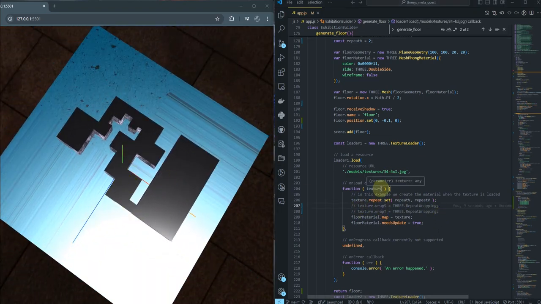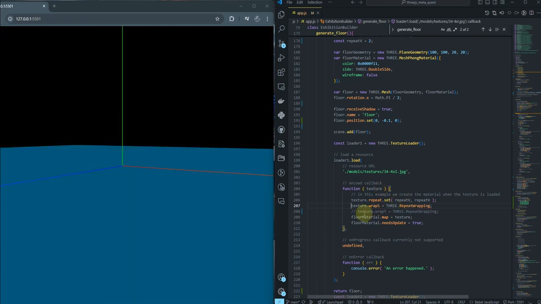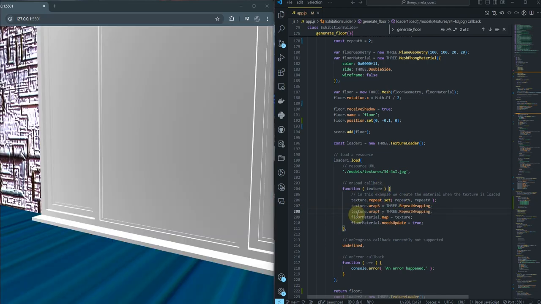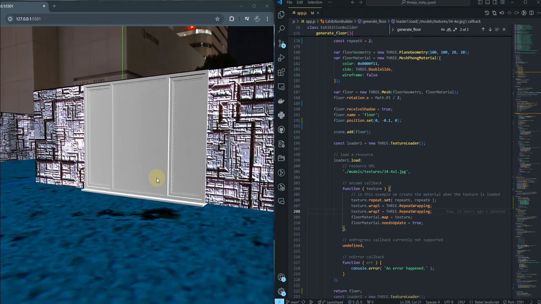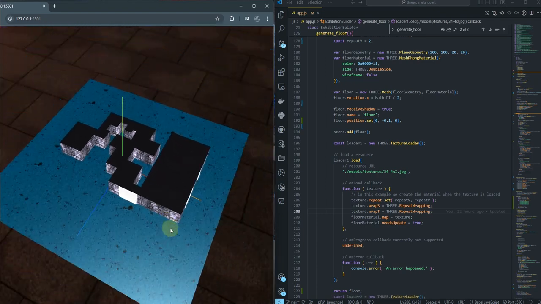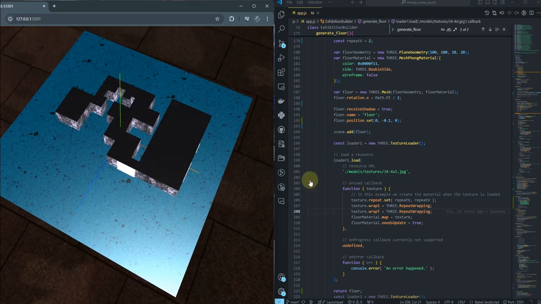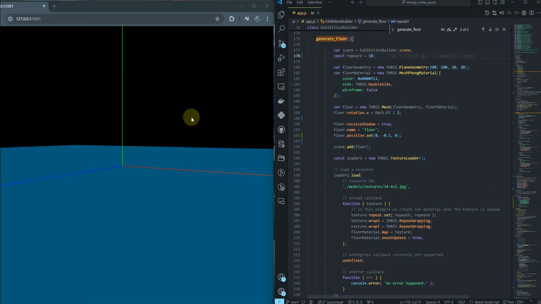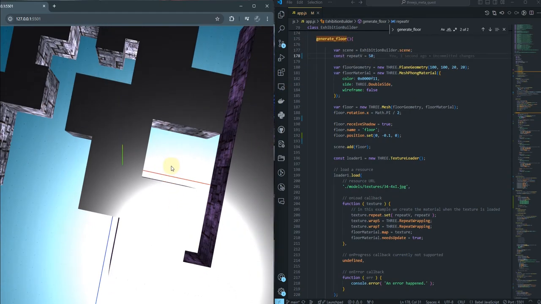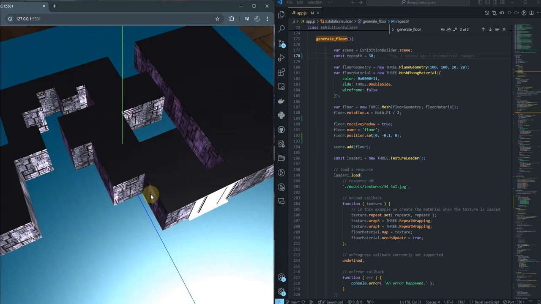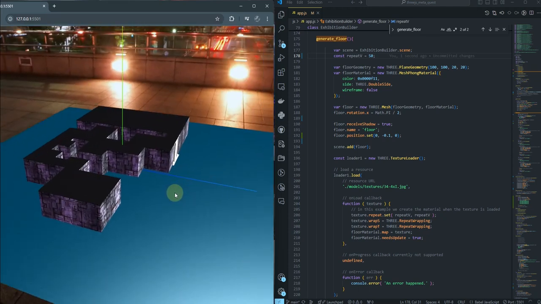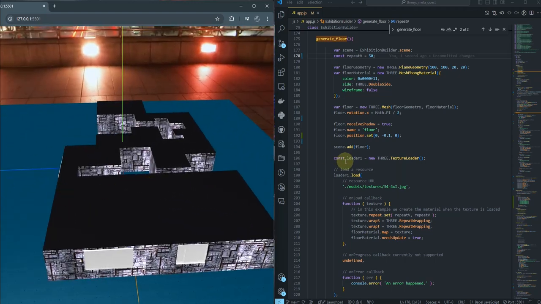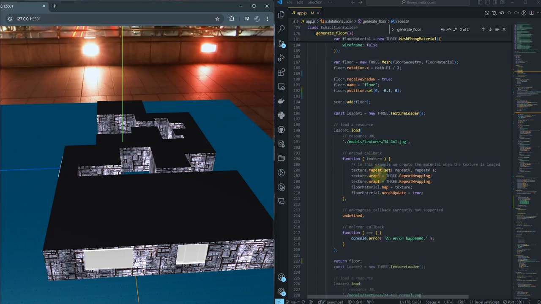So that's why I do the wrap S of repeat wrapping. I wrap T or repeat wrap with texture. And when you look at it now, you see that the texture is distributed across the entire floor. So now if I go down here and I change it to 50, it will still duplicate across the floor because now I've instructed the texture to wrap. But there you'll see there's that pattern that shows because it's doing 50. So that's the way the repeat, texture wrap S, texture wrap T,